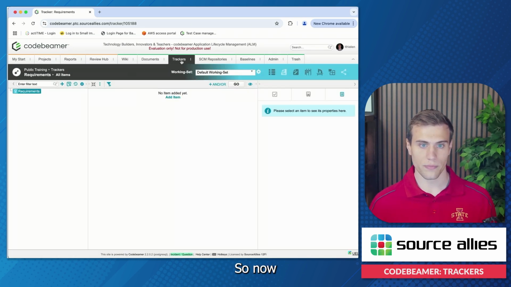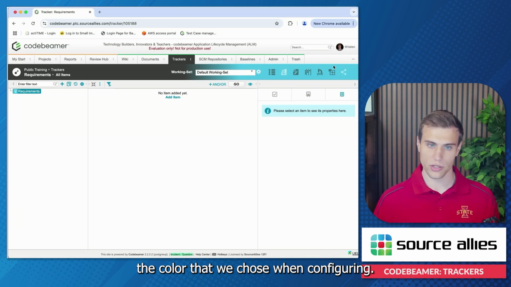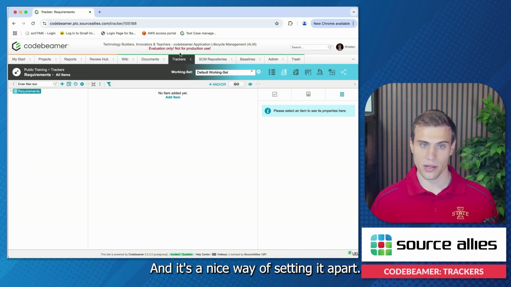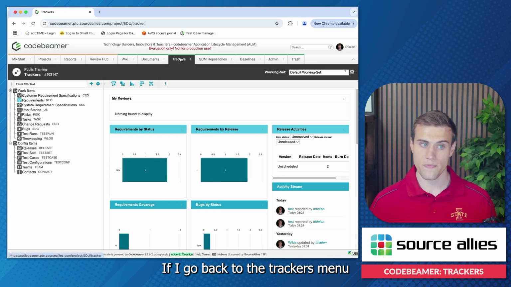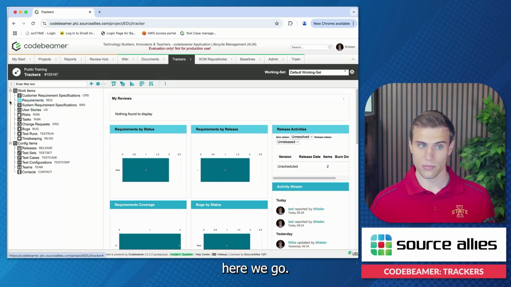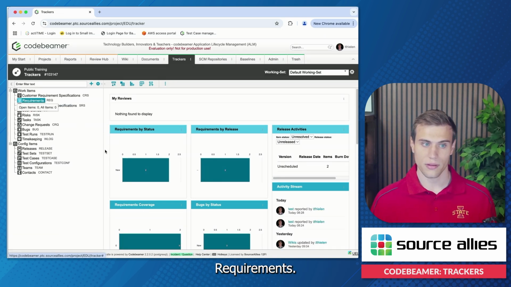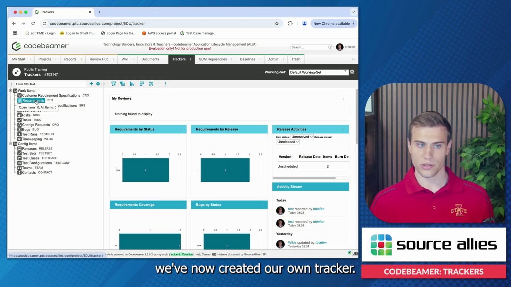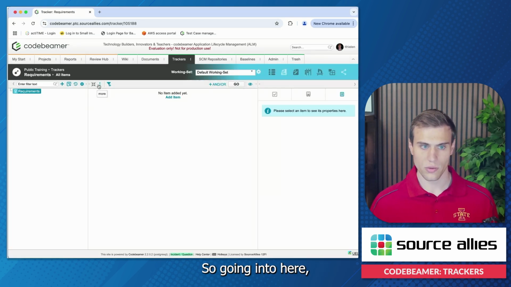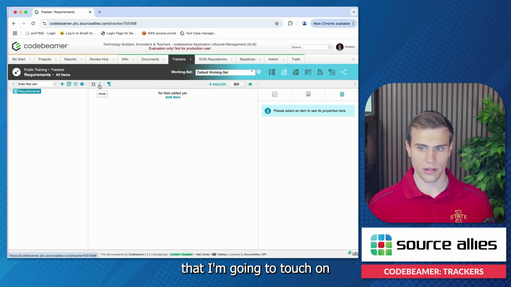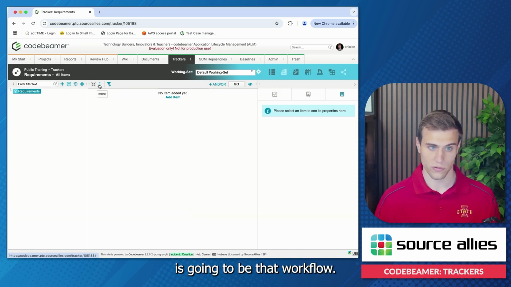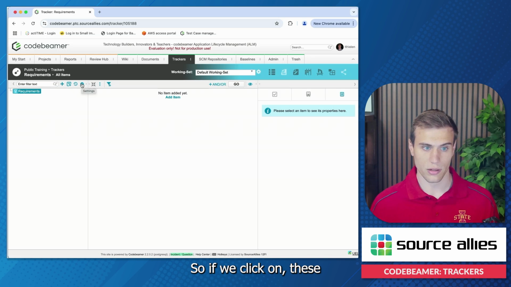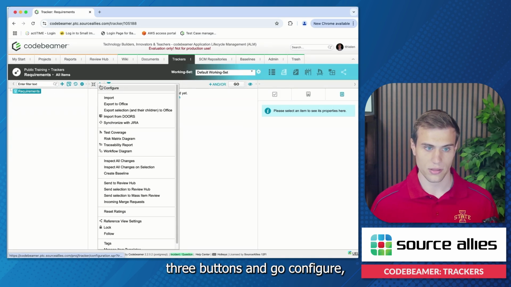Now you can see this color represents the color that we chose when configuring, and it's a nice way of setting it apart. If I go back to the trackers menu, here we go, requirements. And you can see we've now created our own tracker. Going into here, our final thing that I'm going to touch on is that workflow. If we click on these three buttons and go configure,